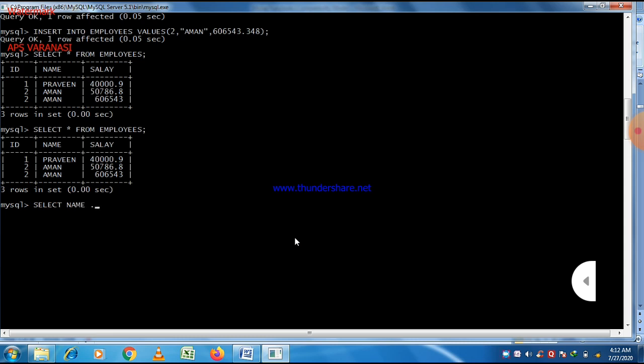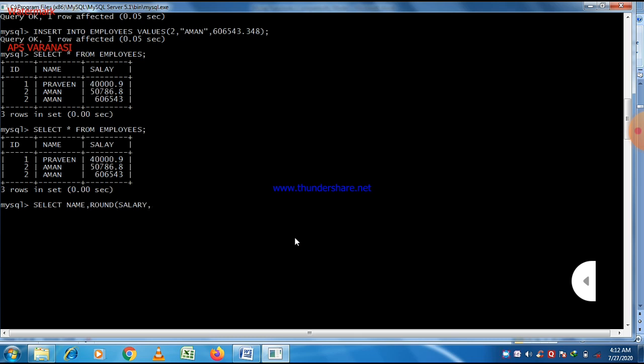So select name, where name is the name of the column. Then let us take the round function first, and pass salary as a parameter.